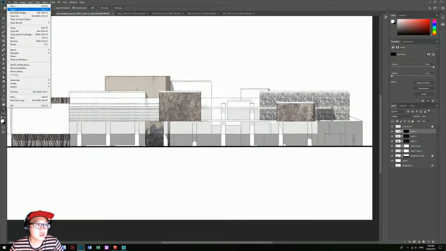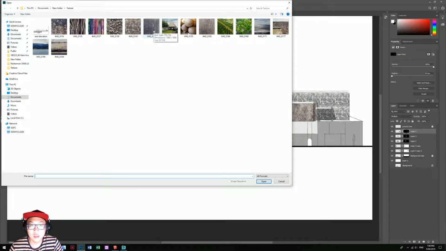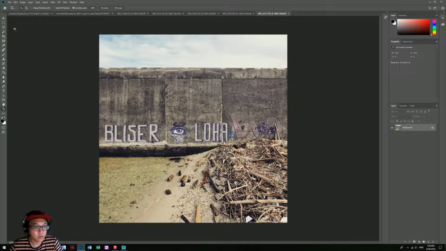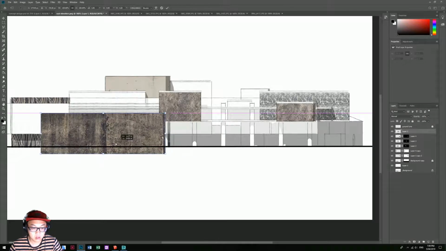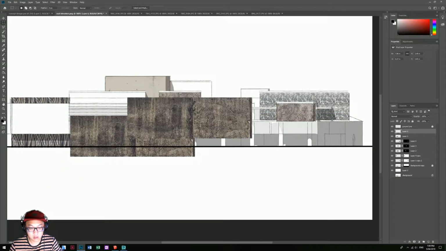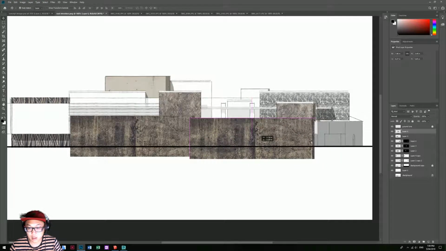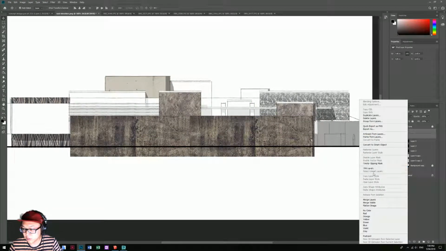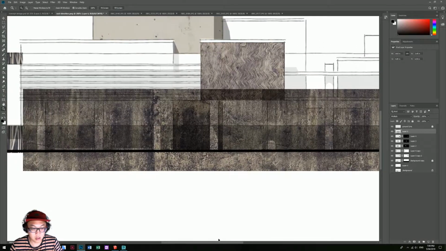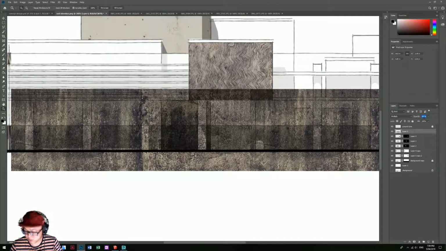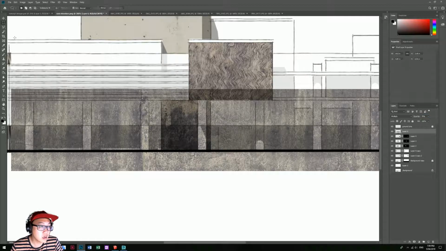I need some concrete texture again. Maybe let's take this image, and we're gonna use that for our concrete post. So I'm gonna paste it twice, and I'm gonna merge those two. Gonna multiply. I'm gonna change the opacity, and I'm just gonna